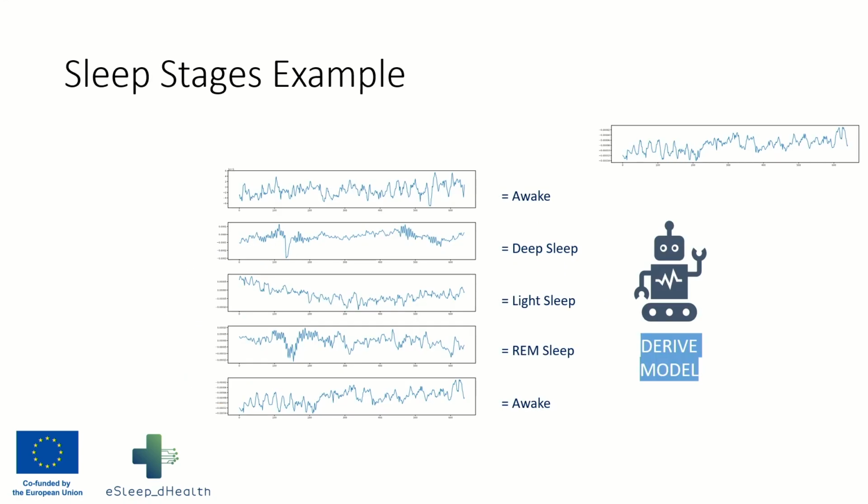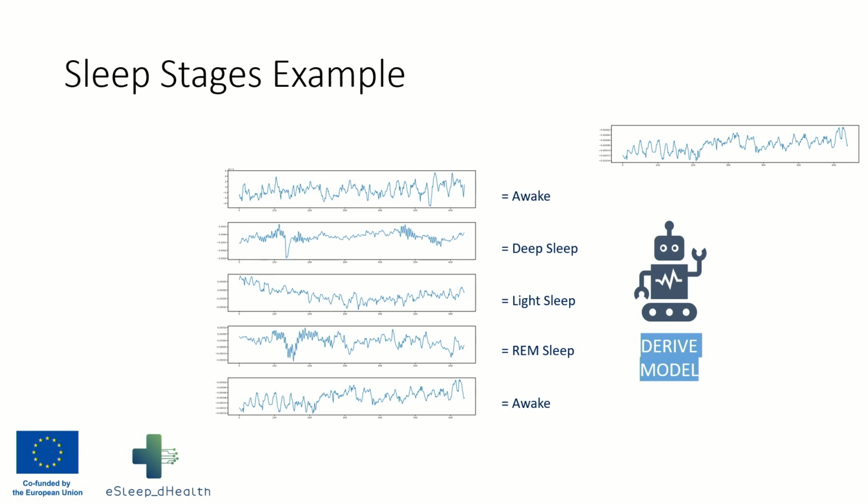And now a bit more complex example, the sleep stages again. On the left side we see the sleep stages we already know, and on the right side we have an unknown sleep stage, so we have just the EEG, but we don't know which sleep stage it is. So in this example of k nearest neighbor, we would here in this easy example now set k to 1,